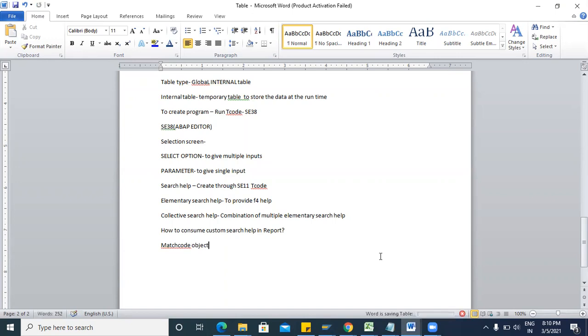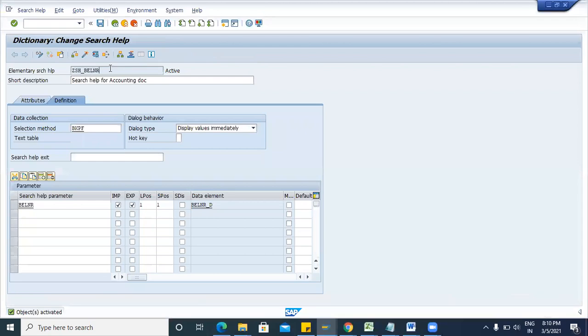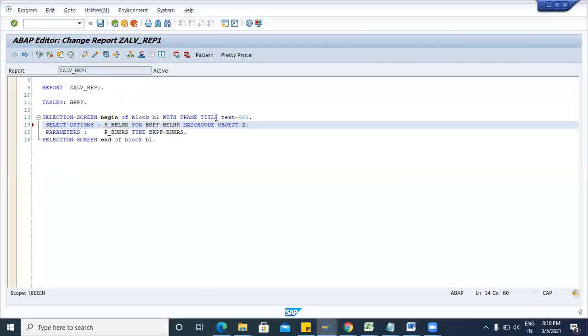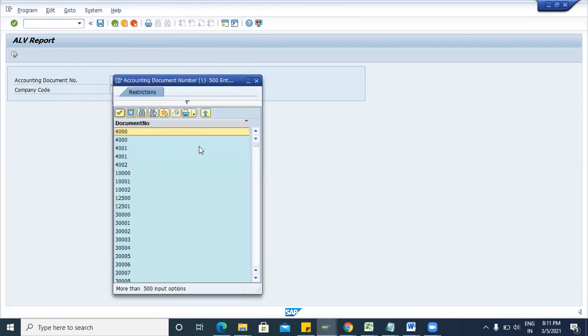So this is the keyword. You can write here match code object. Just press tab. Then you can pass your search help name. What is your search help name? ZSH_BELNR. Now save and activate. Okay. So now you can execute your report. So here you can see this is the F4 help. So here you can see the accounting document number now.